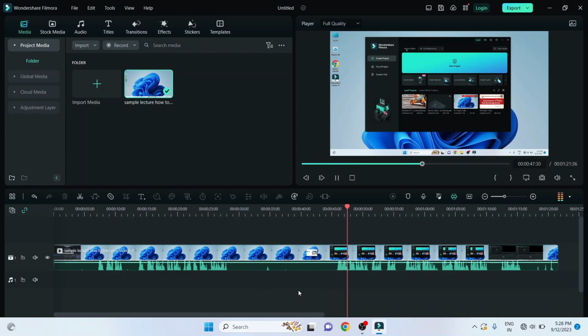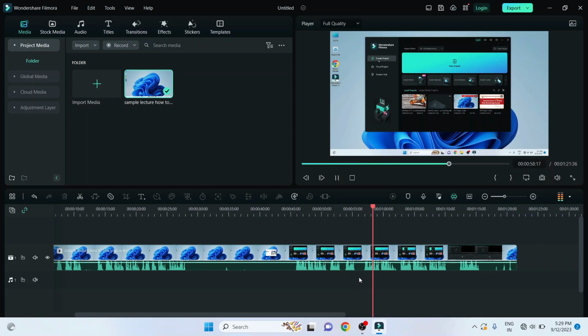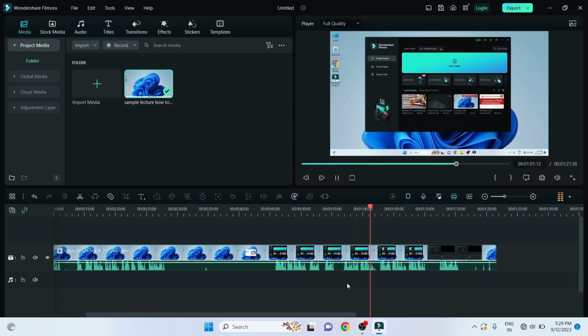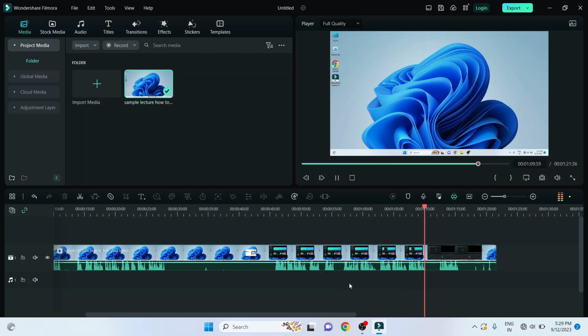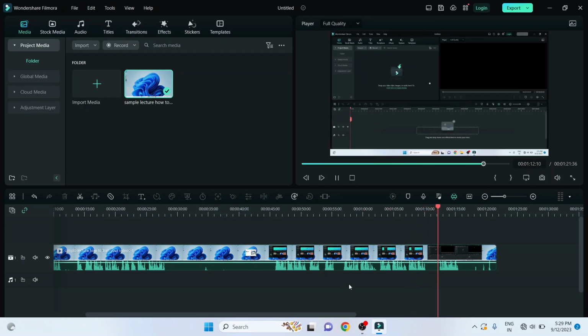So guys, in the previous lecture I showed you how you can create a new project. So you have to go to this, so you have to navigate, so you have to go to this create project, and you. So once again guys, I have made a mistake. Here you see, from here to here I have to remove this part also. You have to go to this create project and you have to select the aspect ratio. For YouTube videos we use this widescreen aspect ratio, and simply click on create a new project, and our project will be successfully created.